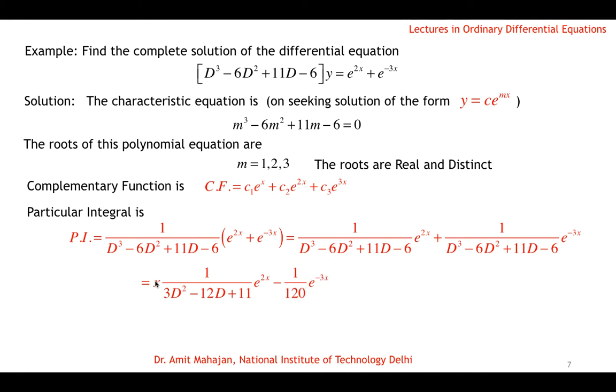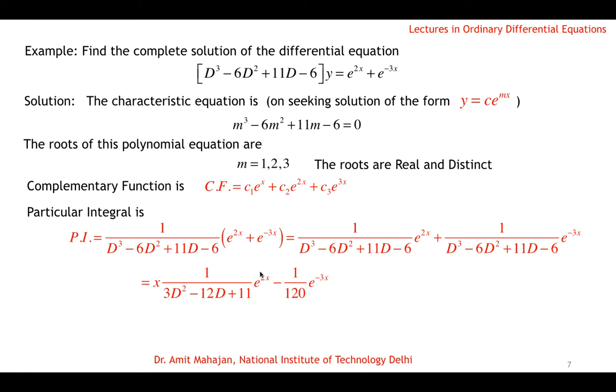For this part, note that we have multiplied x here and not inside. This is 1 by operator operated on the exponential. If we multiply or add x here, then this operator will be applied on x times exponential, but that is not true. So we are multiplying x on the left side and 1 by operator on the exponential.